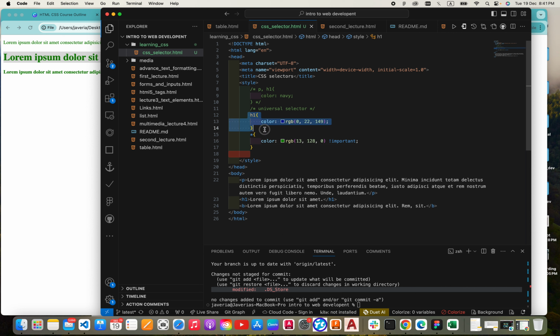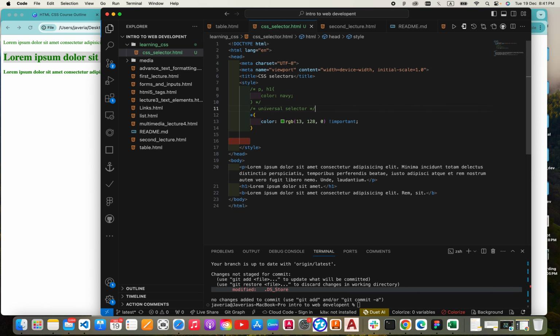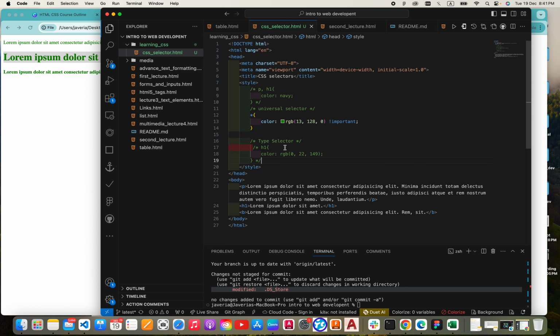So now I'm going to comment this one as well. And yeah, that's the universal. Let's have the next selector, that is type selector. Type selector is the same, this one. I'm going to copy this, and yeah, I'm just coming here. I'm writing the type selector. Type selector is something when you use these tags such as body, p, or the h1, like here I'm just